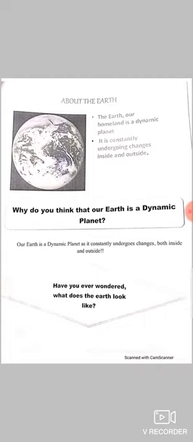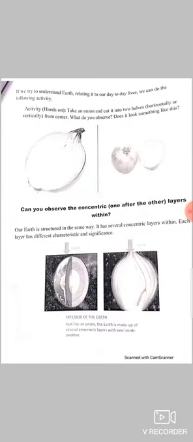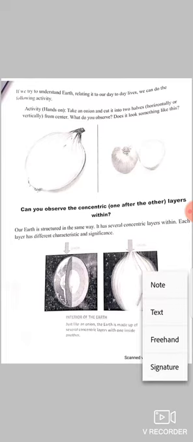Have you ever wondered what does the earth look like? कि अर्थ हमें कैसी दिखती है? If you want to understand the earth layers, cut an onion horizontally or vertically both, and you will get to know how the earth looks, because there are concentric layers in an onion, same as there are many layers in the earth also. So you can see there are several concentric layers within, and each layer has a different characteristic and significance. The interior of the earth is just like an onion. The earth is made up of several concentric layers with one inside another.